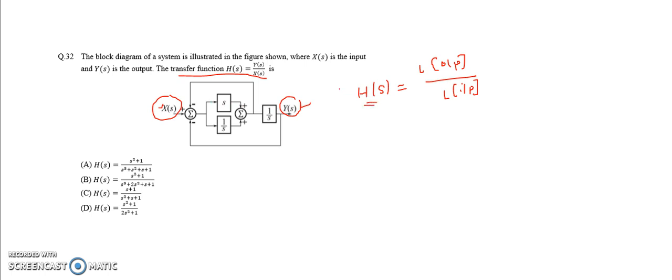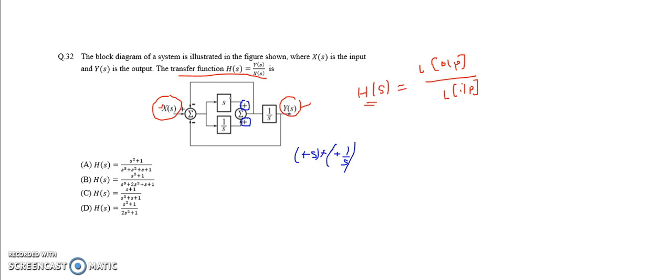Okay. So now according to the given problem, observe these two blocks in parallel, and here it is plus and it is plus. If both blocks are in a parallel section, then we can add both of them, and whether it is addition or subtraction depends on the signs. Here it is plus 1 by s, plus 1 by s. So both are summing here, that means I can add both of these.